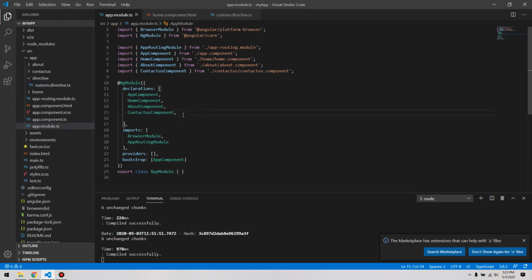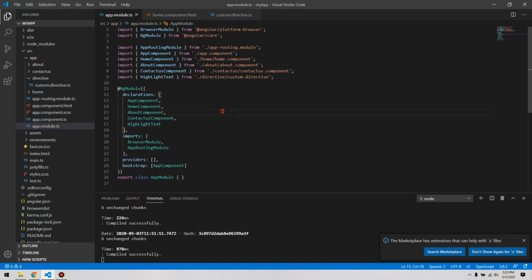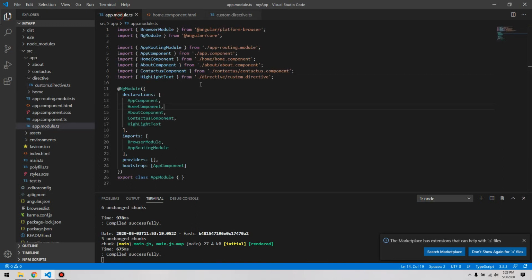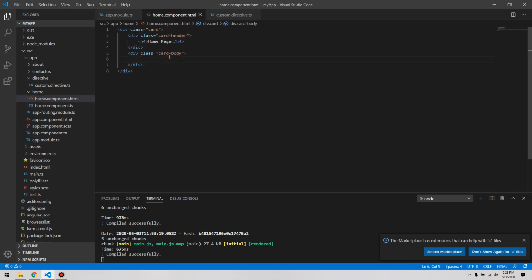Now we have to link this directive in our module, the app.module file. So just quickly do that, it's done. So now we have created a directive and made a reference in our app.module file also. Now where do we use it?